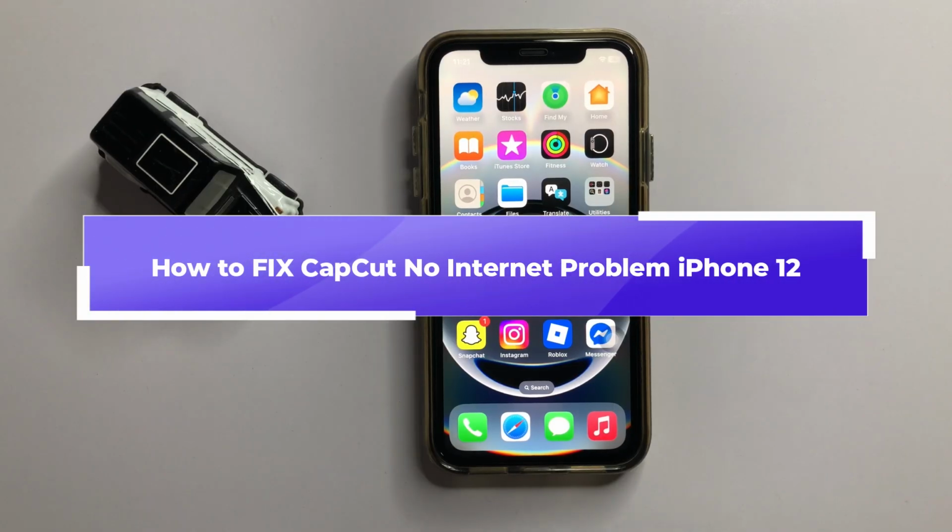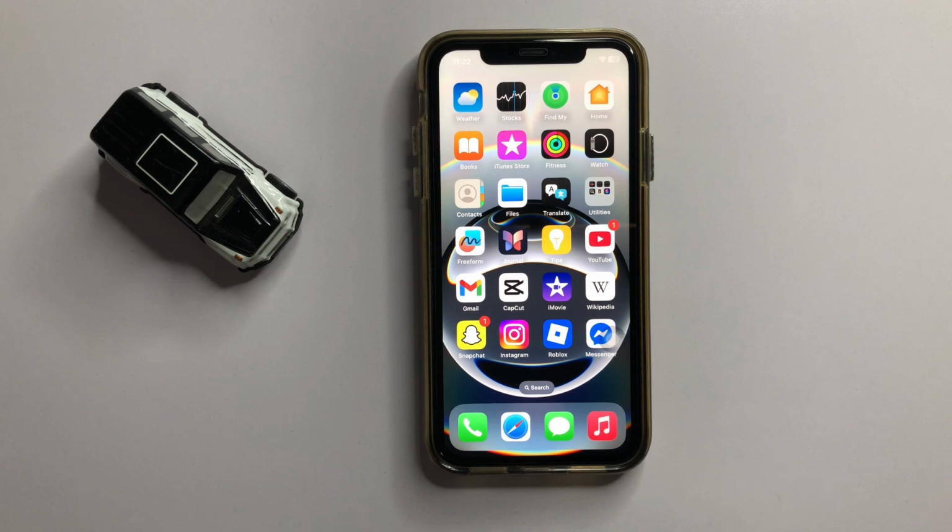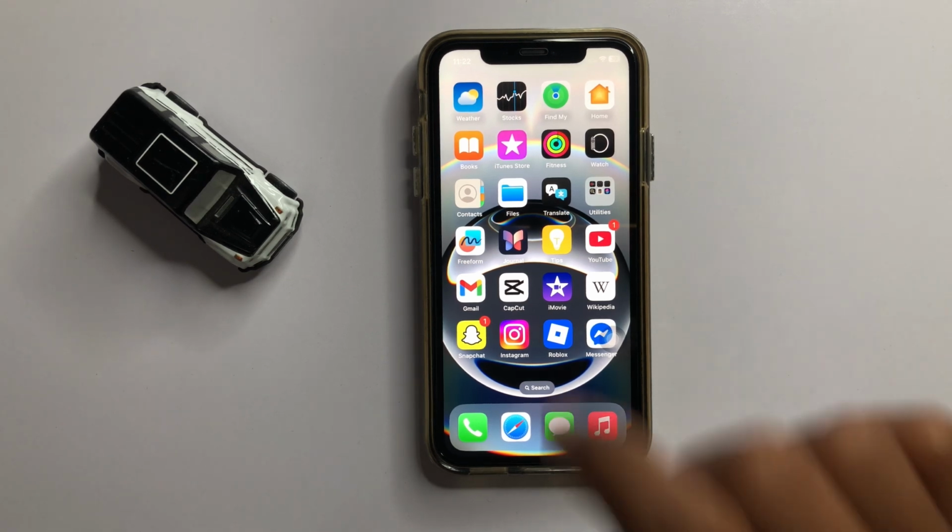How to fix CapCut no internet problem in iPhone 12. So let's start the video. First of all,